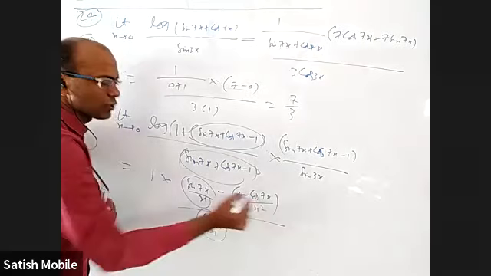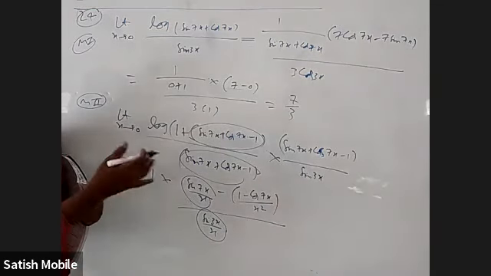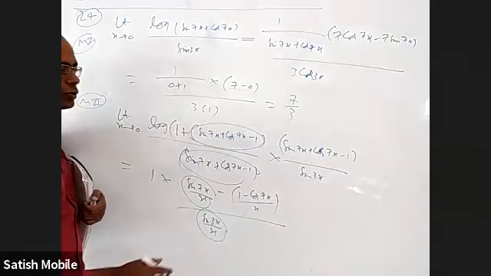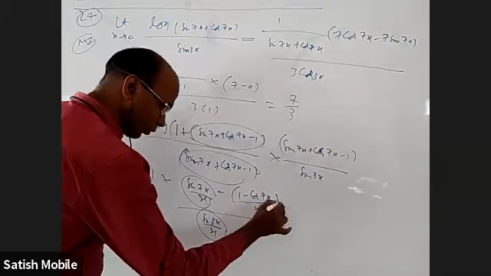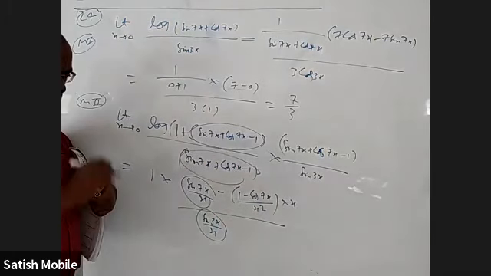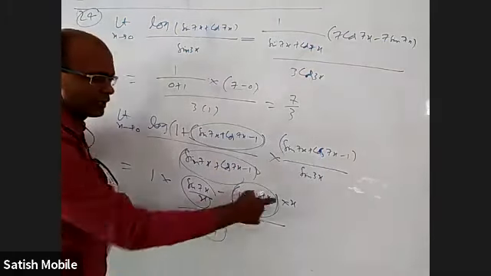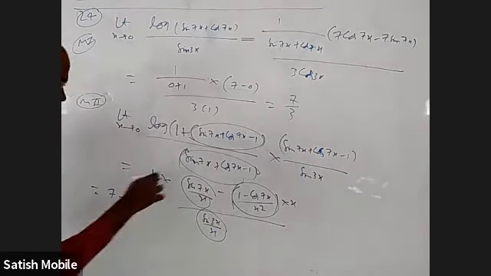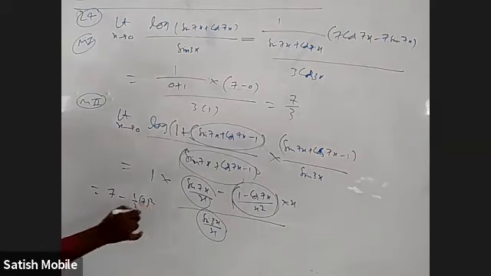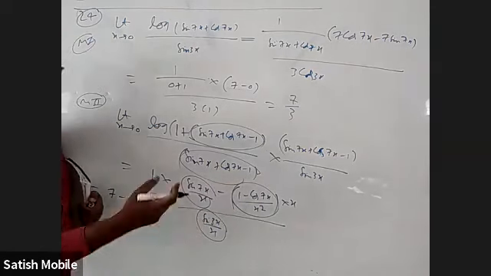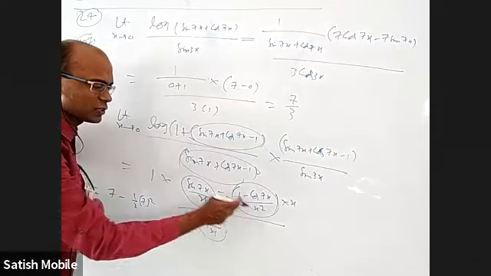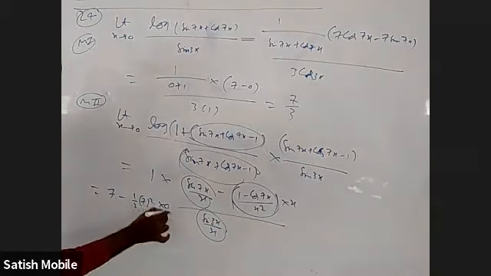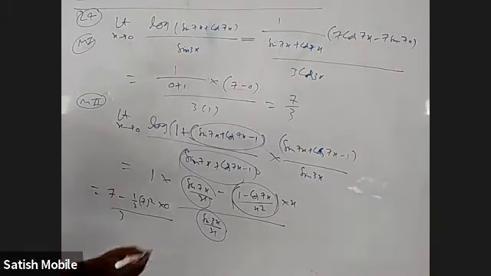Here, if x square would have been there, the limit would have been 1 by 2 into 7 square because of 7x. But I don't have, so what to do? I'm dividing the x only, but I'll write 1 more x square and x. This will have some answer, but into 0, it will be 0. So it will be 7. If somebody wants to know what the answer for this is, half of 7 whole square will come, because 1 minus cos theta by theta square is 1 by 2. For that, I have to divide with 7 square and multiply with 7 square. But into 0 is there, so it will be gone. By 3, 7 minus 0 by 3 is 7 by 3.